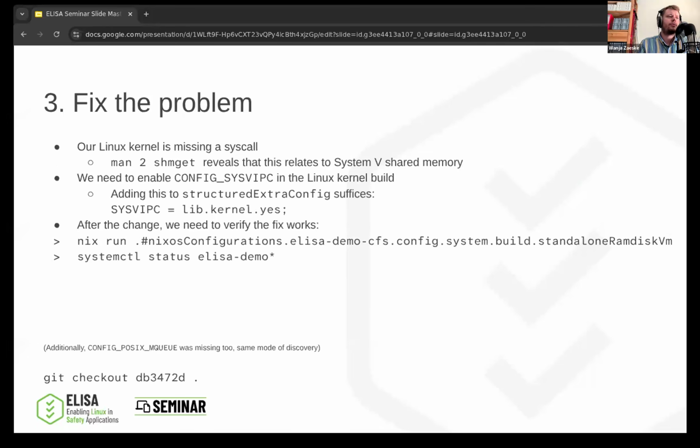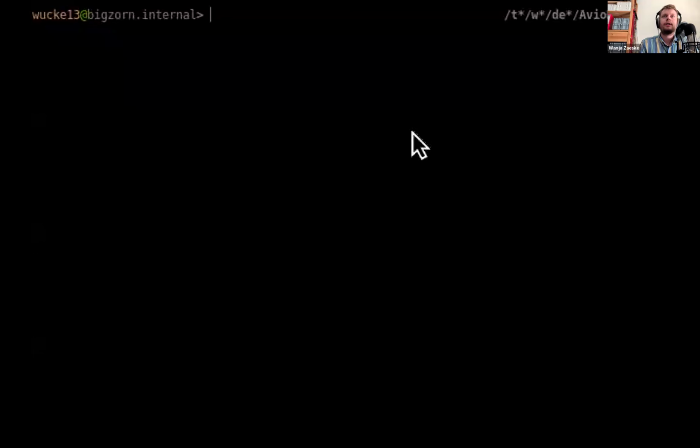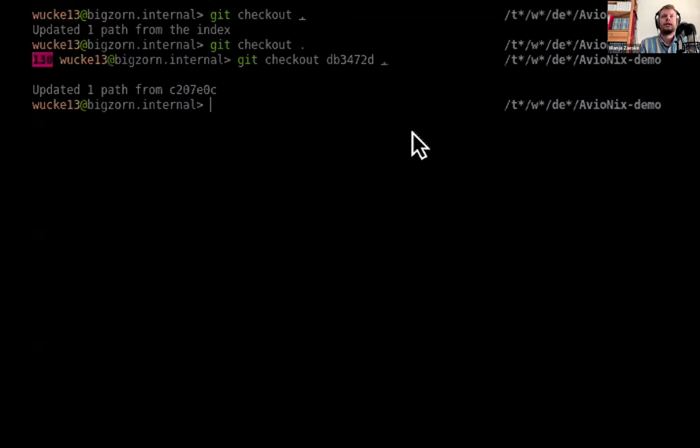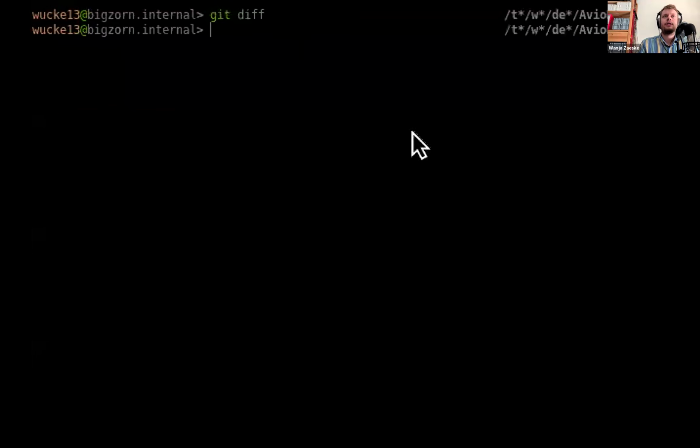Again, I have a patch for this one. Actually, this one is also checked in the repo. So what I'm doing is that I'll just check out the next commit after the current commit we checked out in the very beginning. So we go here, we remove our current changes, and check out that commit. And if we take a look at the diff